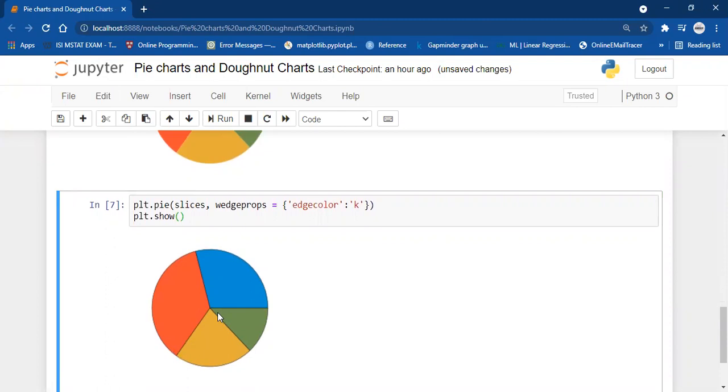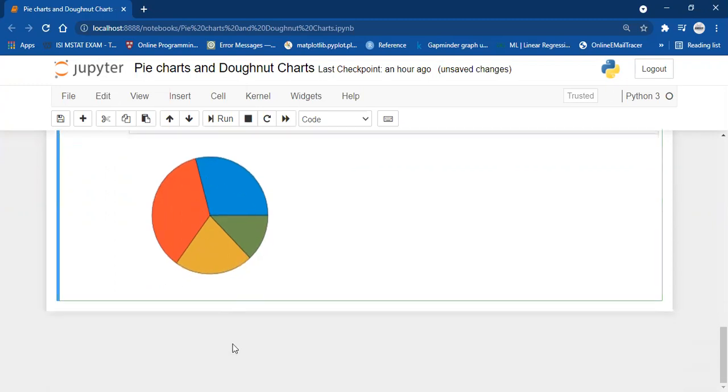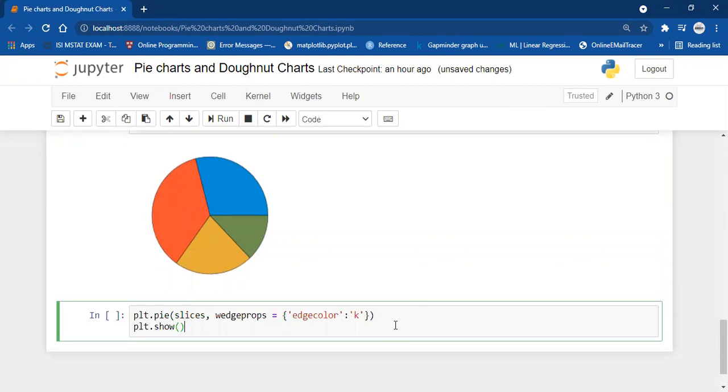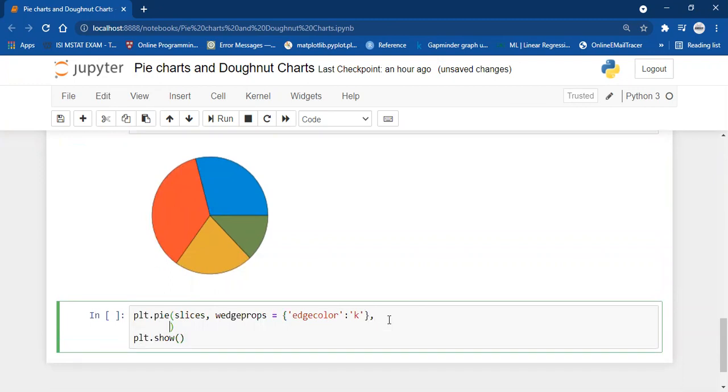Now, what else can we do in this pie chart? Let's just say I want to see the percentage for each slice. I want to see what's the percentage of the red slice, what is the percentage of the blue slice, and so on and so forth. So how can we do that? For that, we are going to use another parameter called textprops, and this also accepts a dictionary in which we pass a key: fontweight.